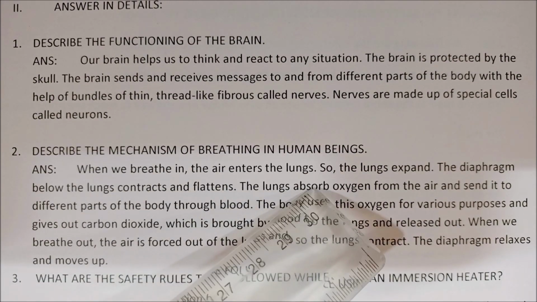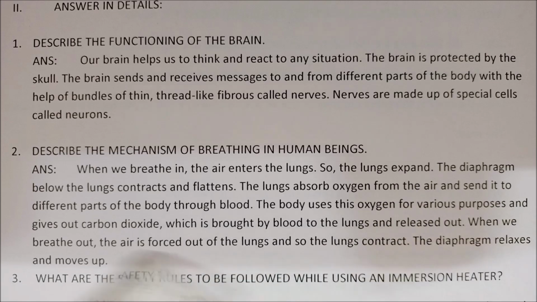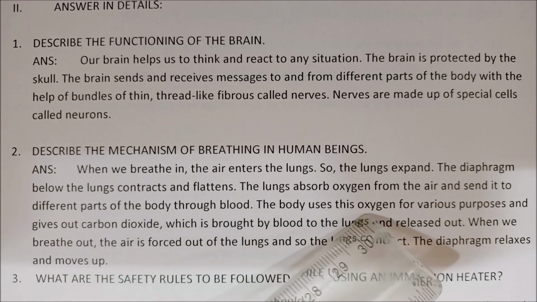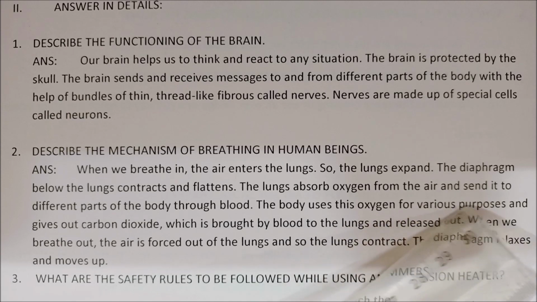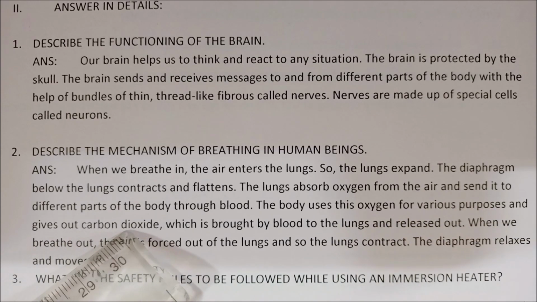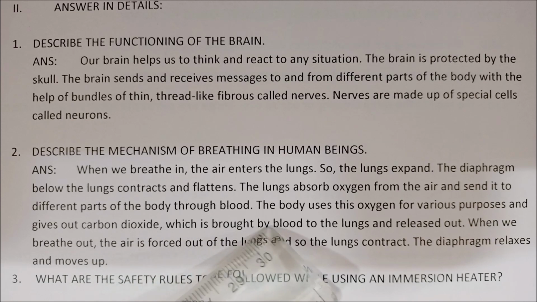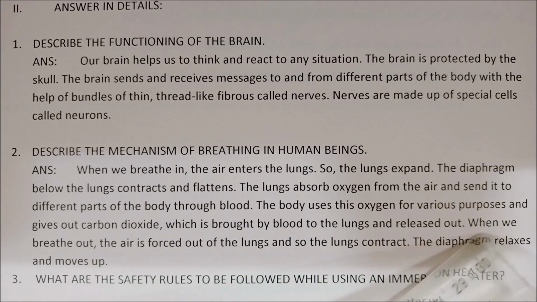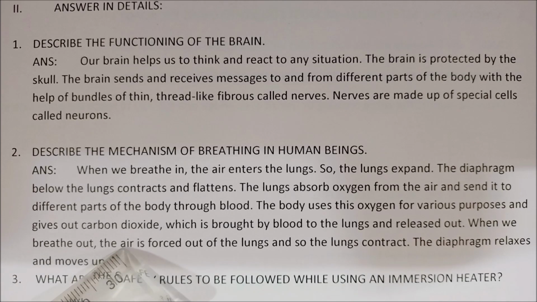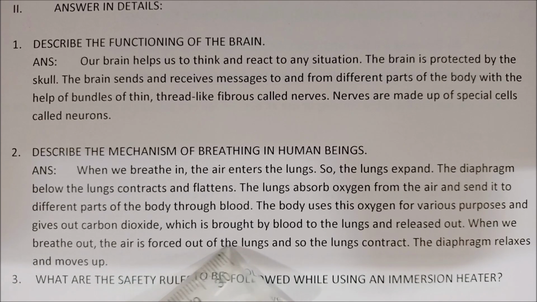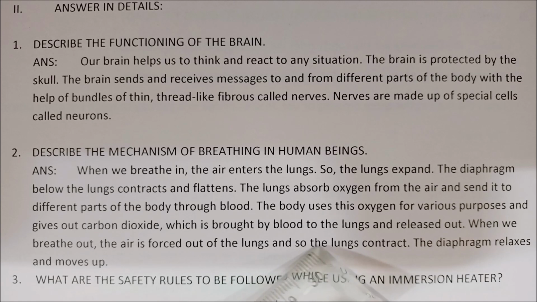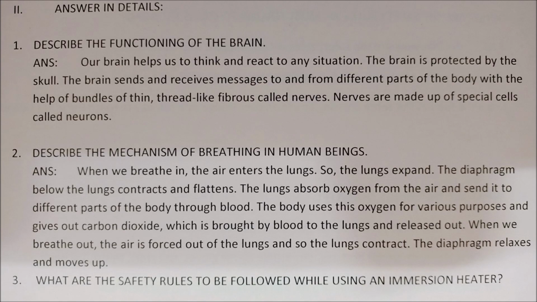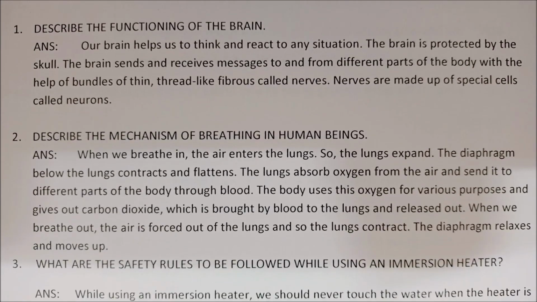The lungs absorb oxygen from the air and send it to different parts of the body through blood. The body uses this oxygen for various purposes and gives out carbon dioxide, which is brought by blood to the lungs and released out. When we breathe out, the air is forced out of the lungs and so the lungs contract, the diaphragm relaxes and moves up. Is it clear, children? Your next question